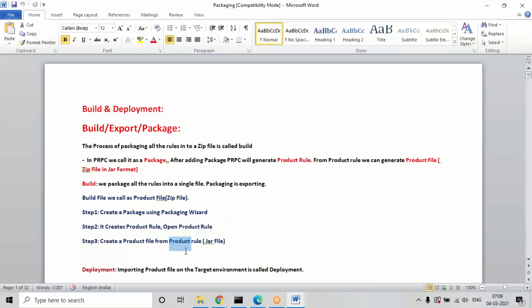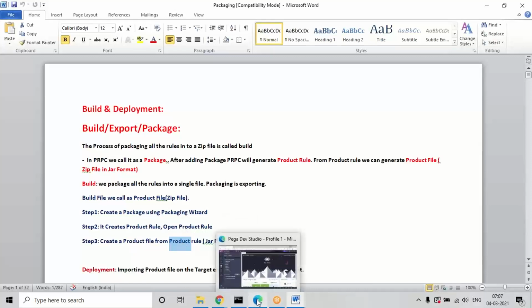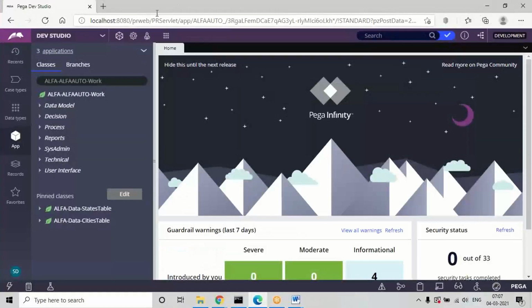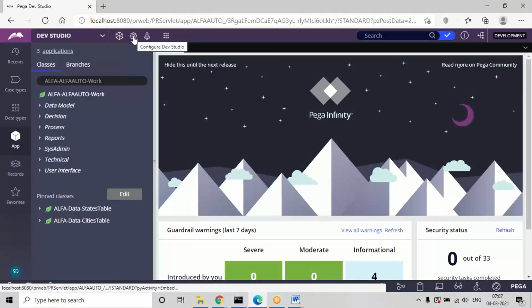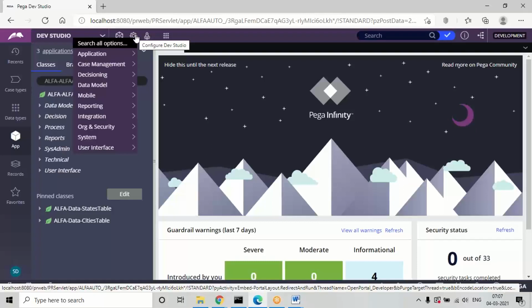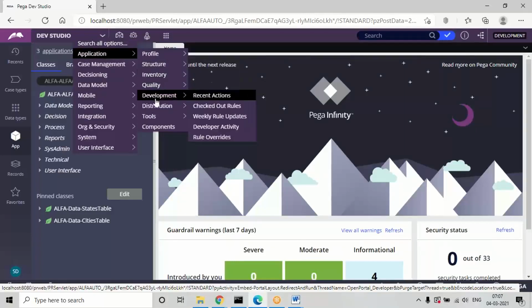In order to use this widget, you'll have the Dev Studio. Go to the second menu, go to Application, then Distribution. You'll get an option called Package.